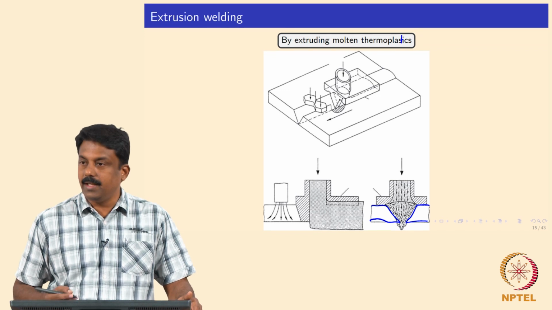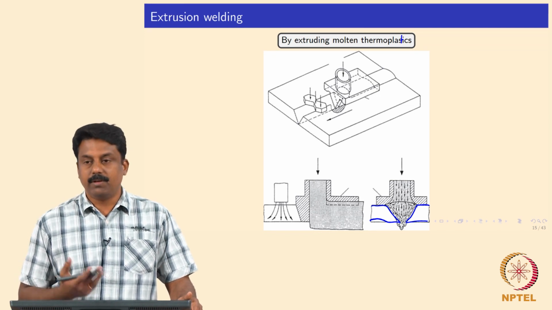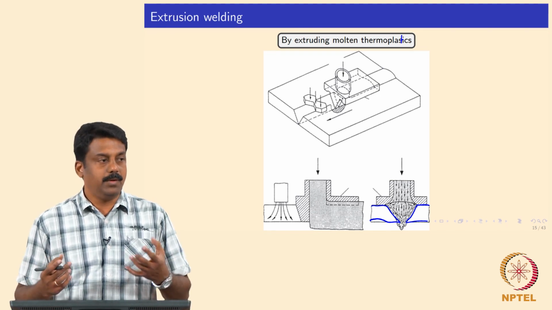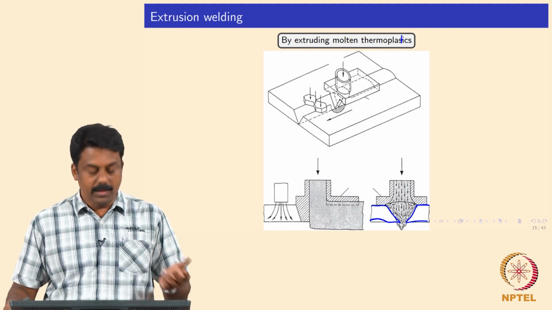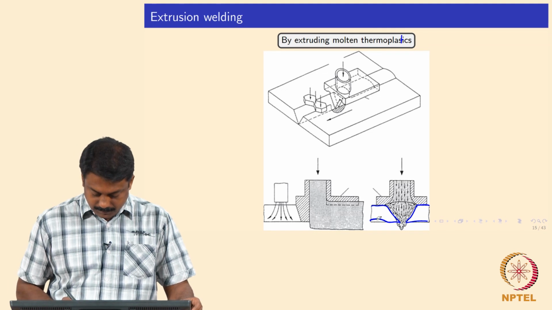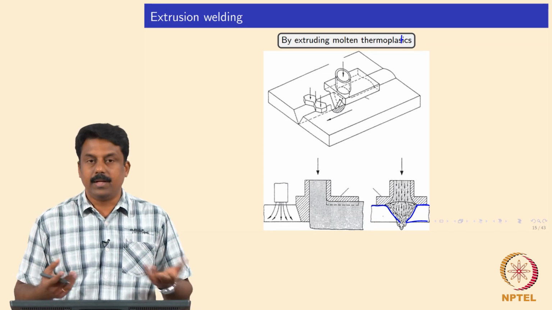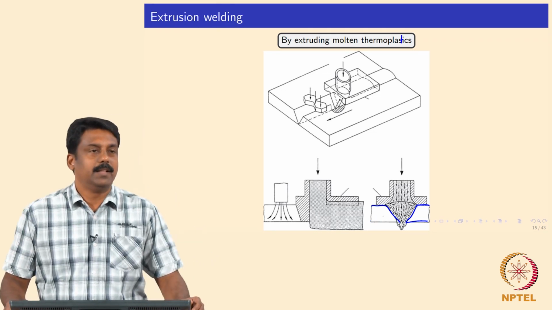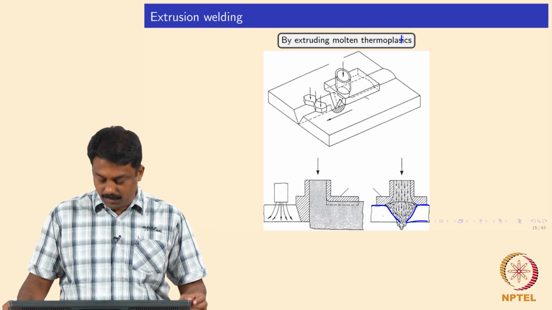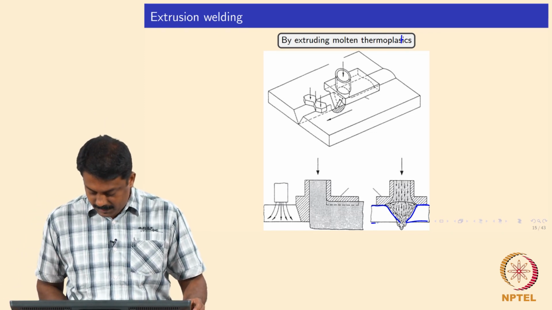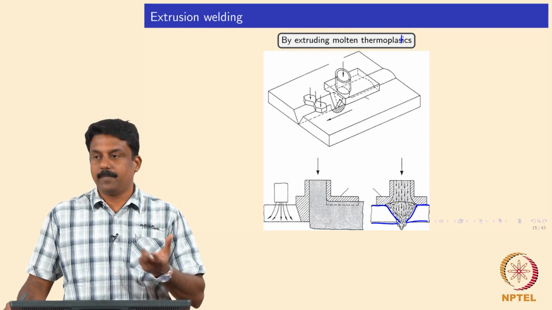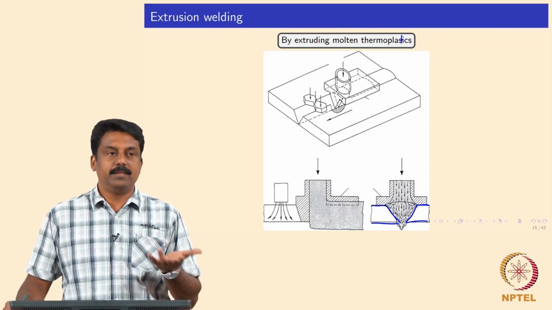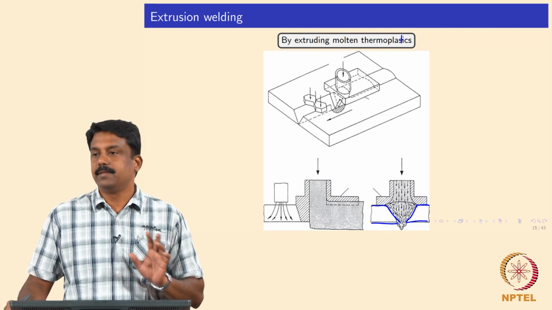So this can be similar material or dissimilar material. And with most thermoplastic polymers, you can even use dissimilar ones, because they have a good, so what do you call, I wouldn't call it a good mixing behavior, but you can say that even if you use polyethylene or polypropylene, the joints would be significantly integral.